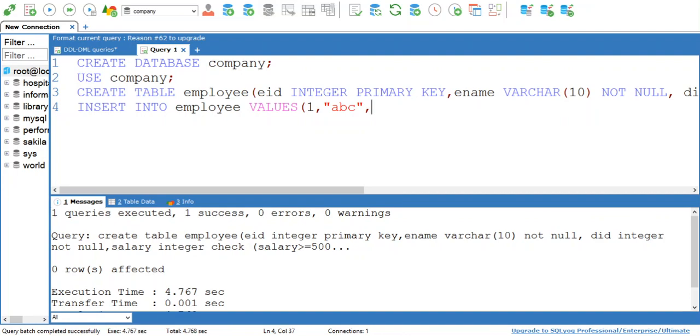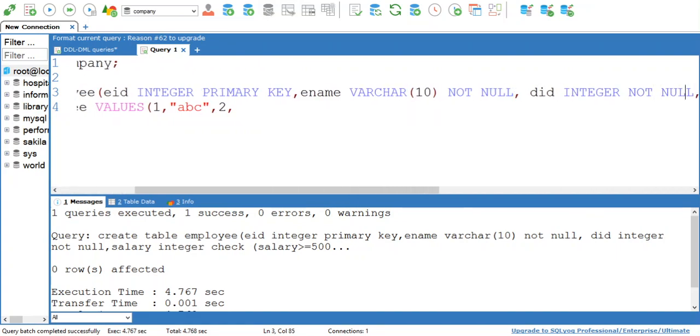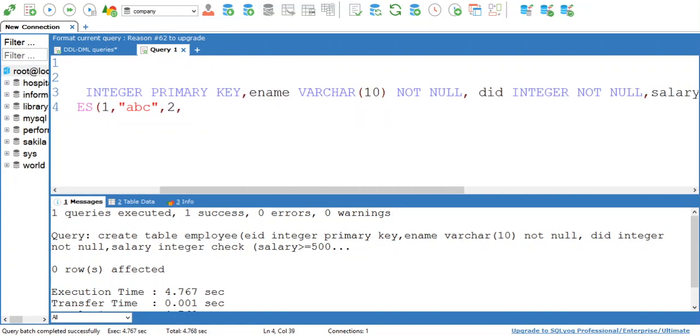Third is department ID, which is 2. After department ID I have salary, which I have given as 6,000 for example, and then last is phone number, which is given here.